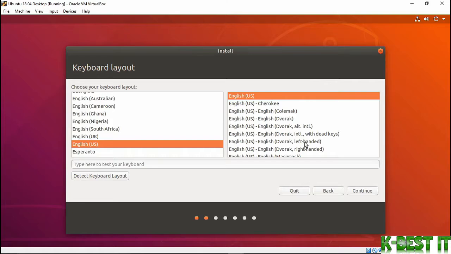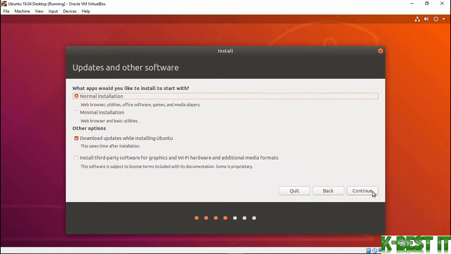This is set correctly for me to US English, so I'll click Continue. The next screen asks if I want to perform a normal installation or a minimal installation. A normal installation comes with a web browser, some utilities, some Office software, some games, and media players. A minimal installation only comes with basic utilities and a web browser. For this course, I'll choose normal installation because I want to show you some of the software that comes with